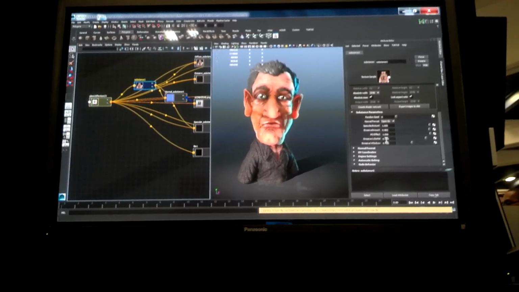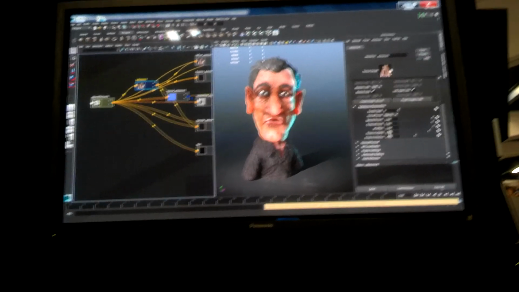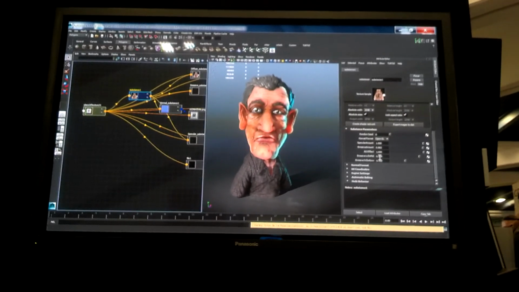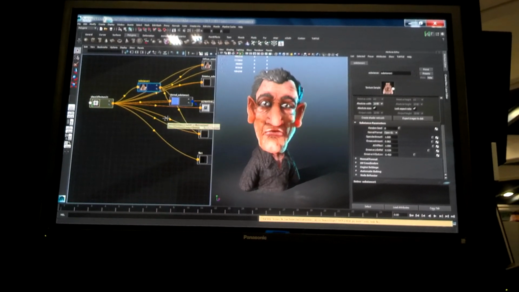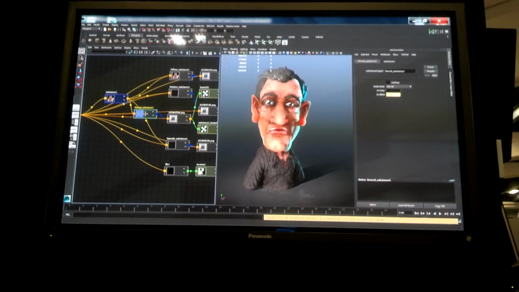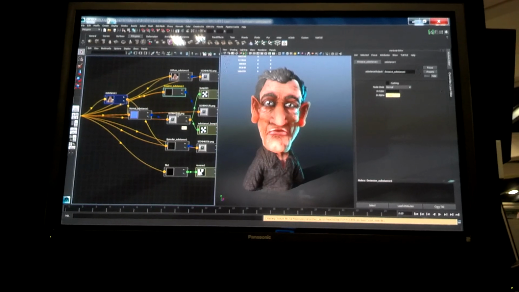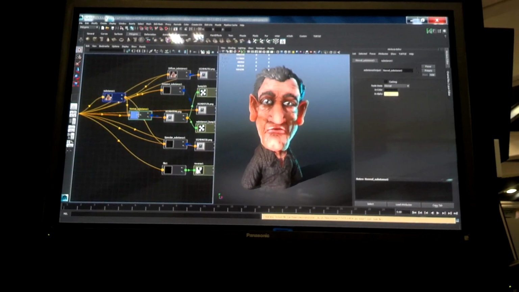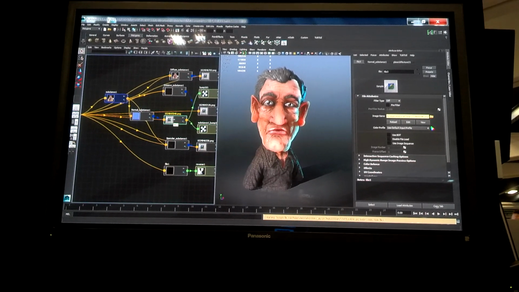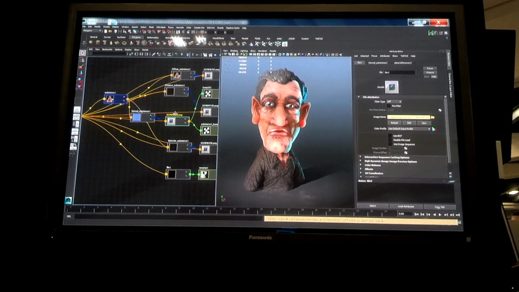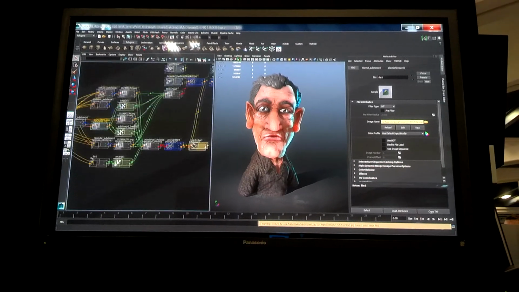So I could start doing all kinds of tweaks, like change my specularity, change my emissive right here inside of Maya. What happens is, once you've created the Substance material, it will create a couple of these Substance output nodes, which then basically, as you can see here, here's my normal map, and right here I just have a file texture. So it generates a file texture, and then that file texture just links directly into the